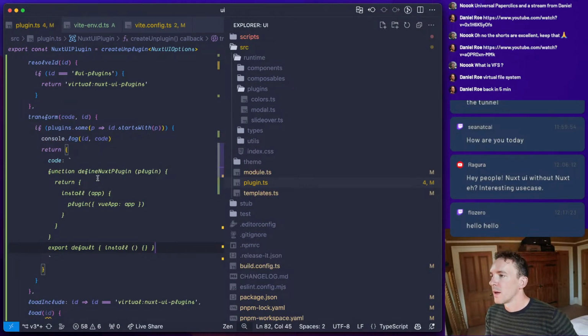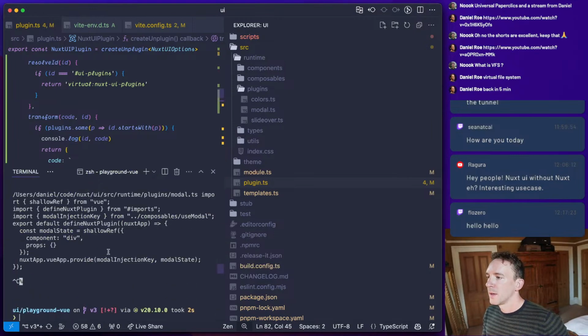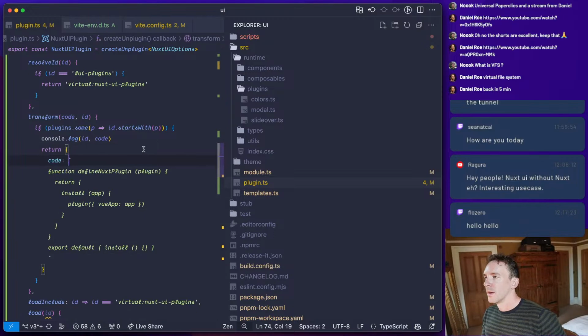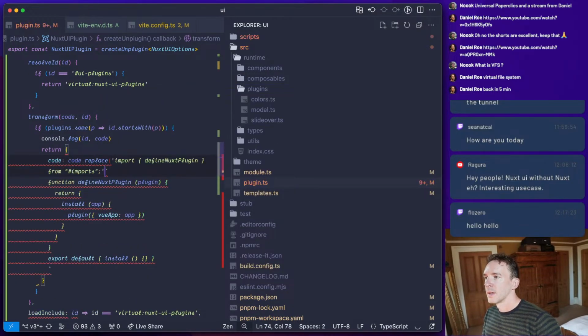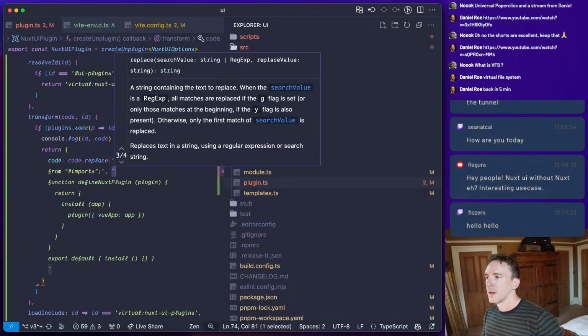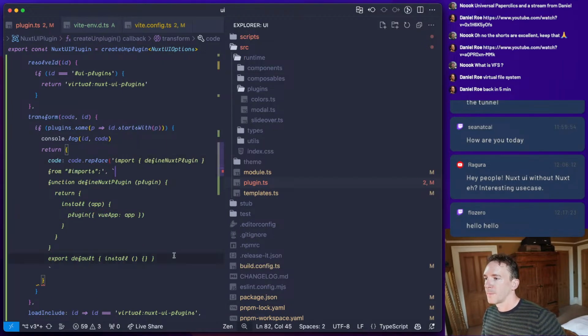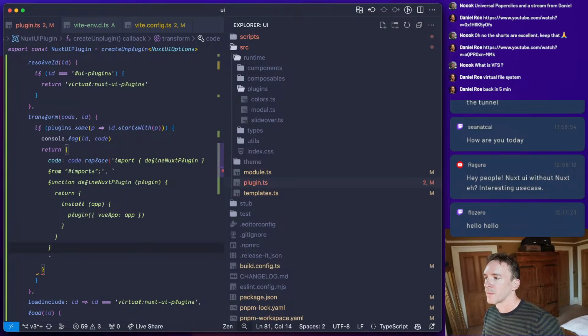So we're going to run that, and then replace this. Right. So equals code replace and that. Okay.